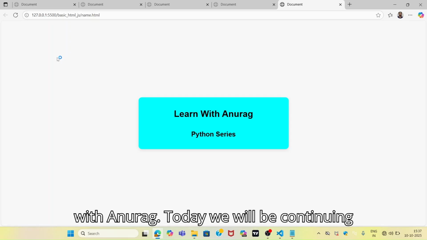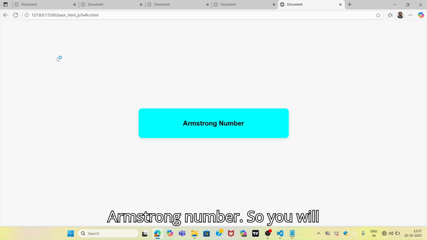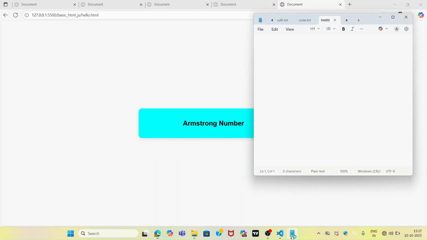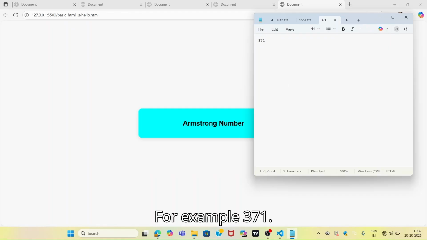Today we will be continuing with our Python series and today's topic is Armstrong number. So you will be wondering what is Armstrong number. So basically we can say that Armstrong number is such that, for example, 371. So if I take 3 cube plus 7 cube